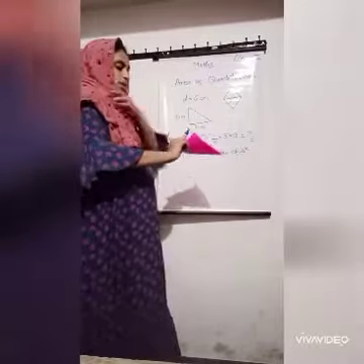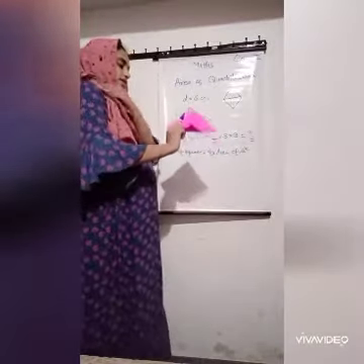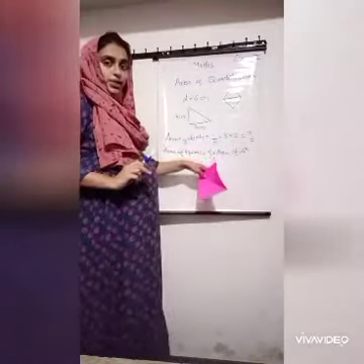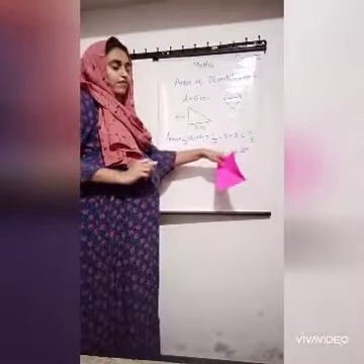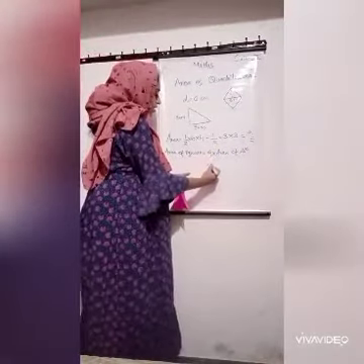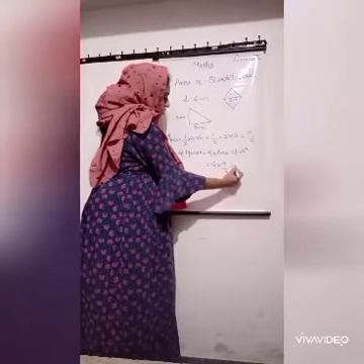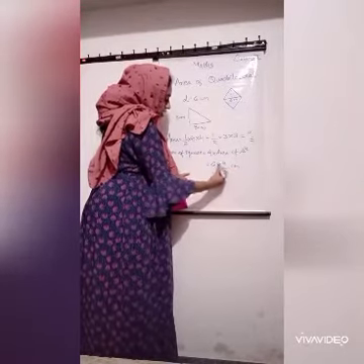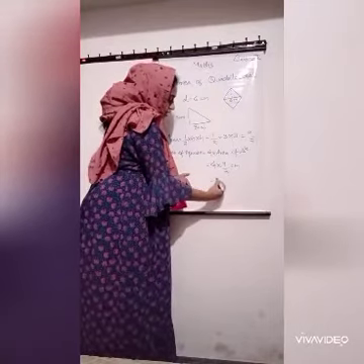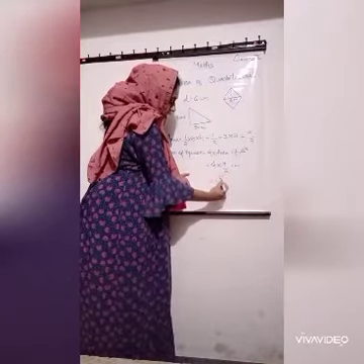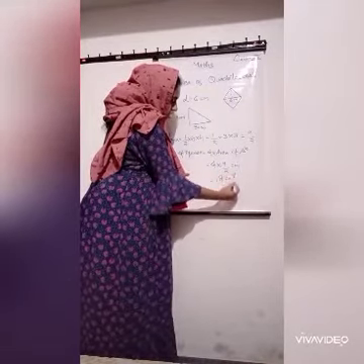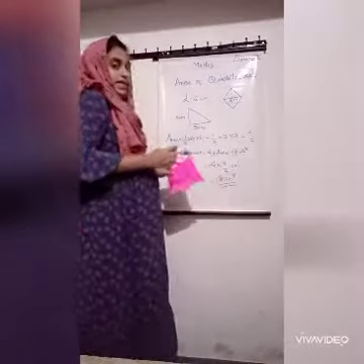We divide this square into 4 triangles. So area of square is equal to 4 into area of triangle. What is the area of triangle? 4 into 9 by 2 centimeter. That is, cutting 4 and 2 we get 2 into 9, that is 18 centimeter square. Clear?